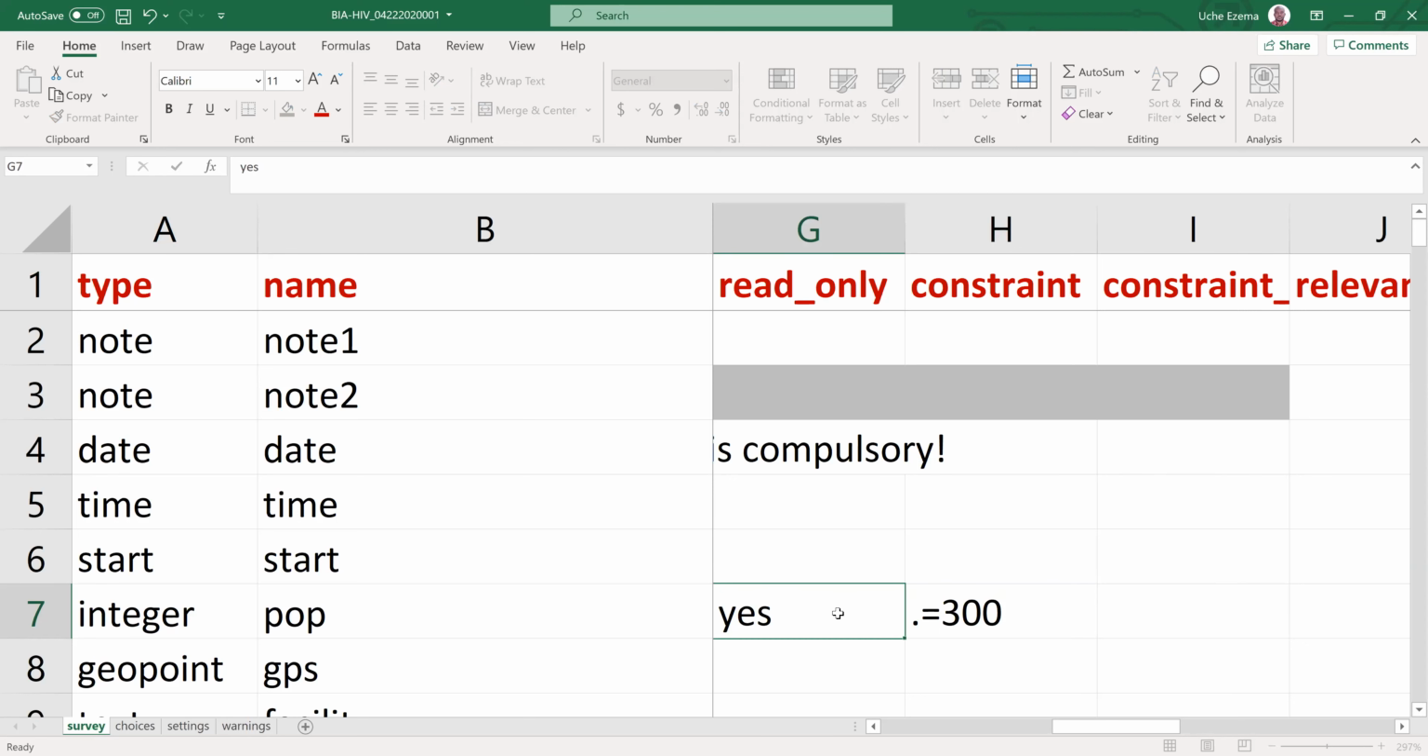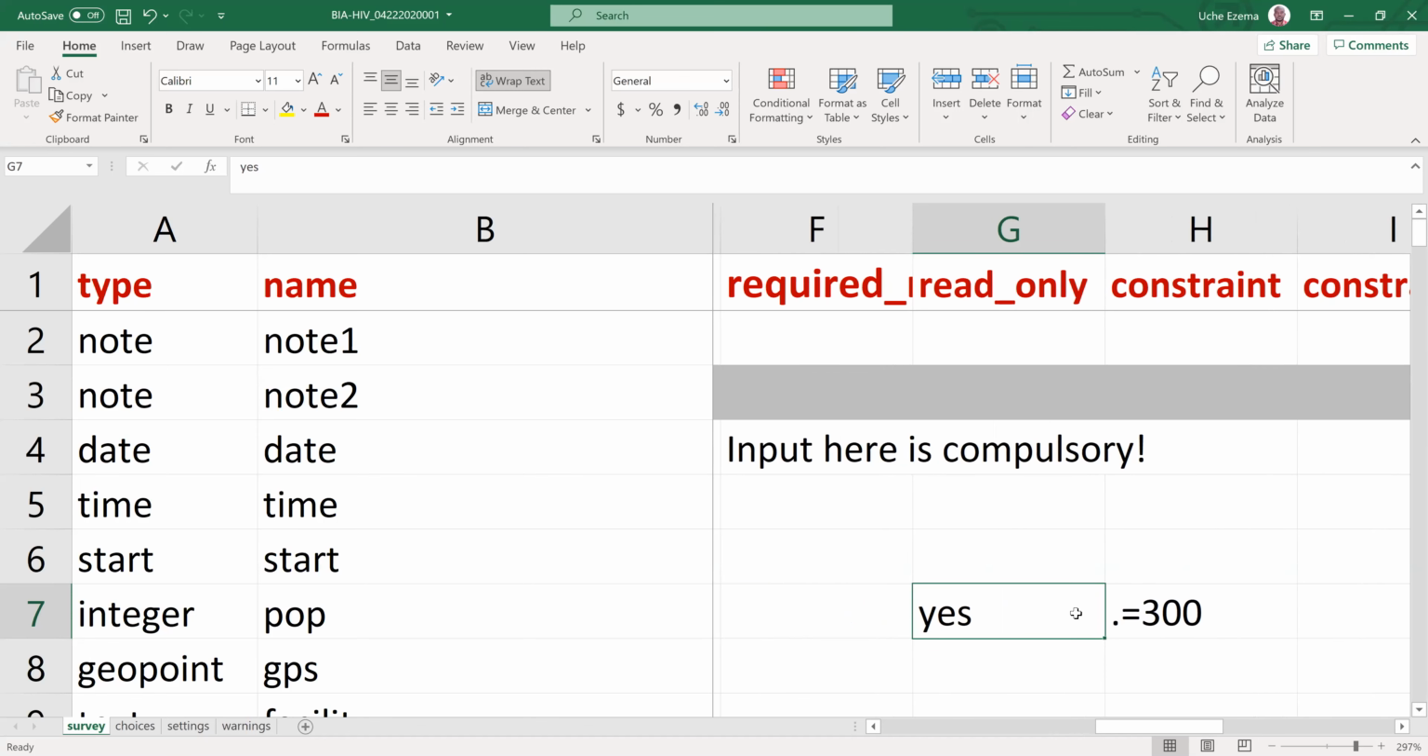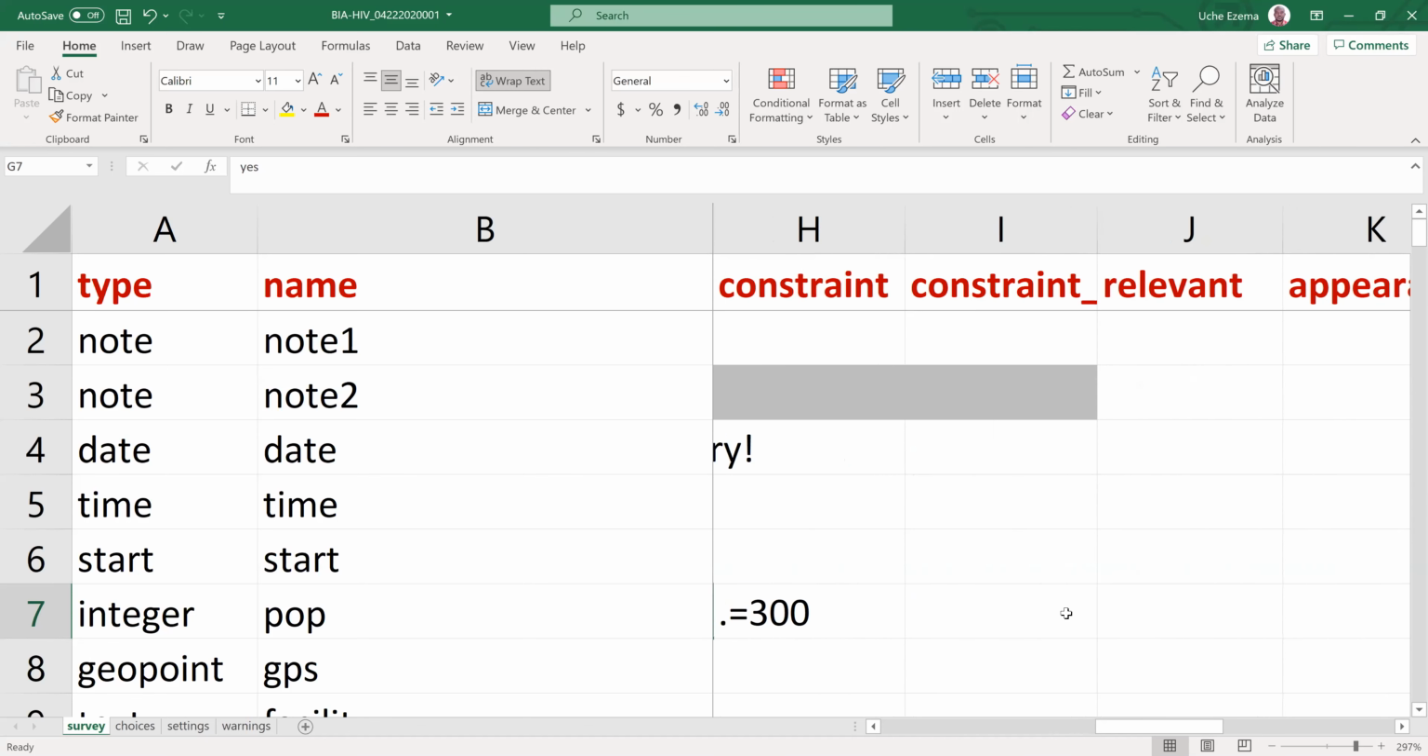So you want to see this 300. You don't want to edit it. It's not editable. You just want to see it. All right. So the same way we'll have a required message, we have a constraint message. So you have constrained a form such that